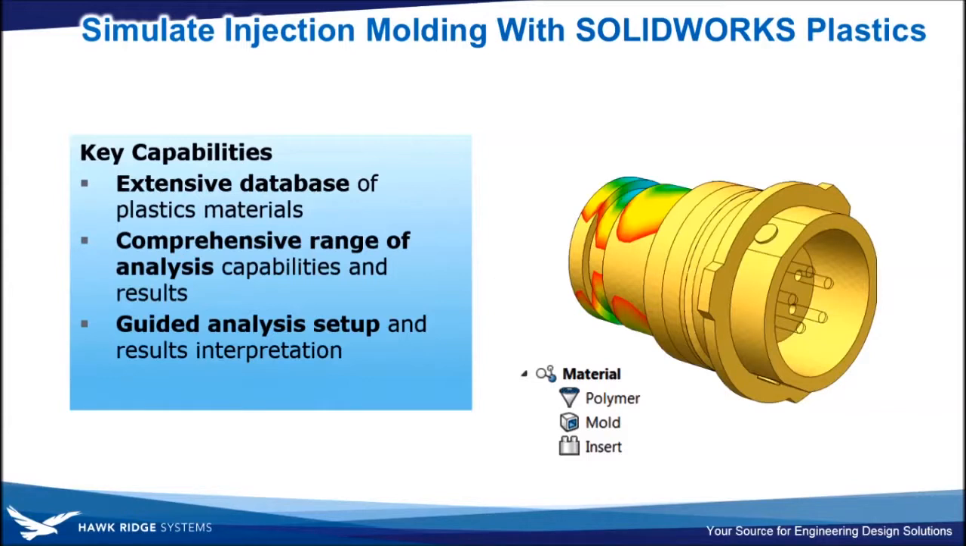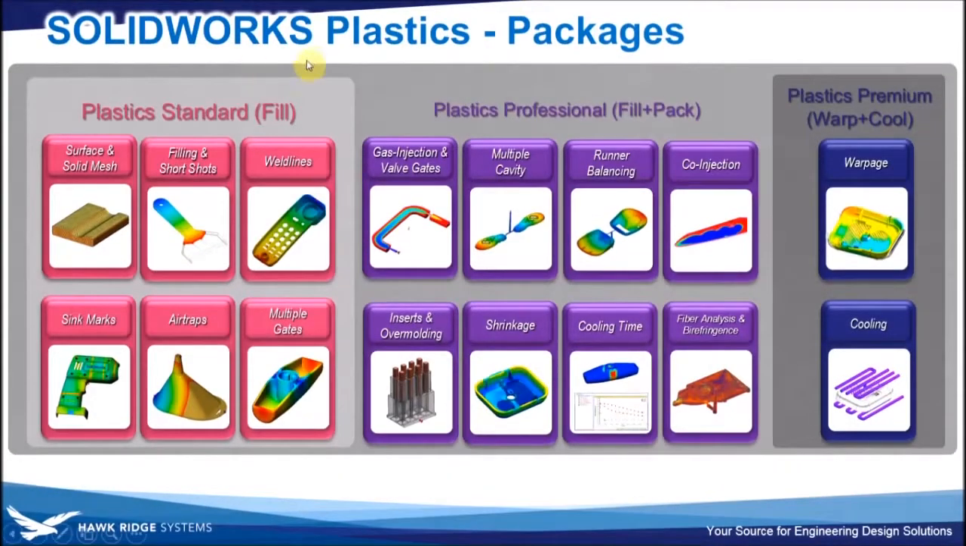So let's take a look at what the process looks like to go from just a simple part model to some analysis results that can give us more feedback on our design. Of course, we're talking about the capability of SOLIDWORKS Plastics here, and you should be aware that they're split up into 3 packages. Plastics Standard being more for just a simple fill check of a part that would be done by maybe just the part designer